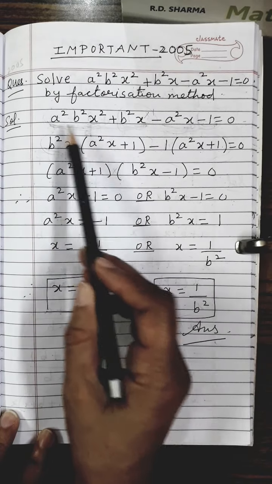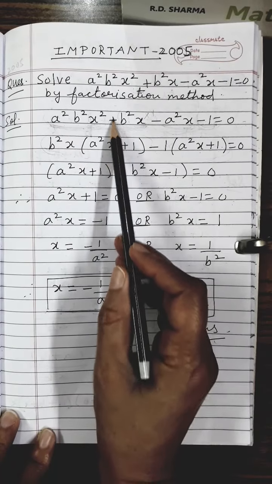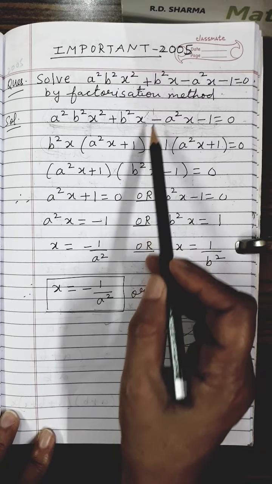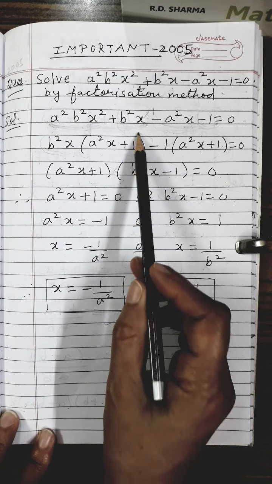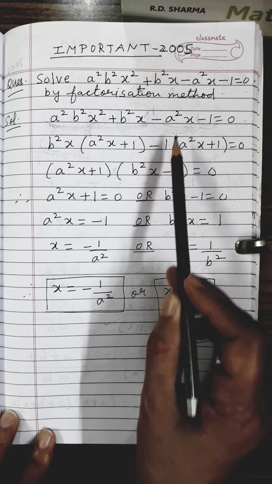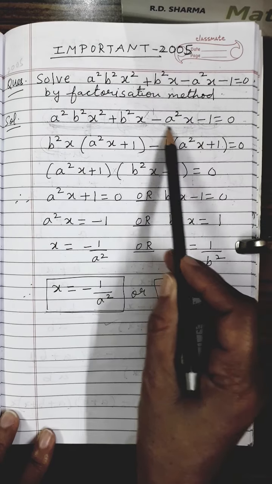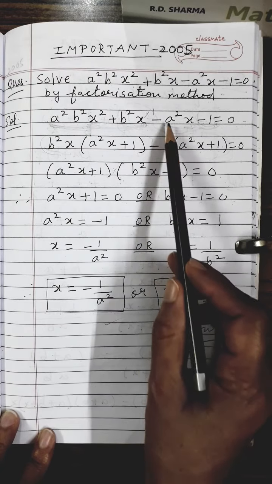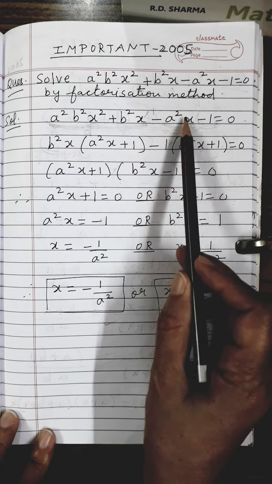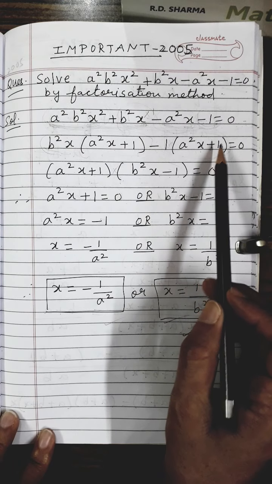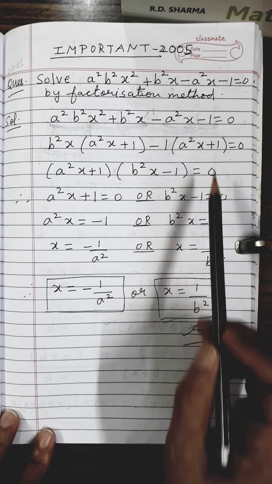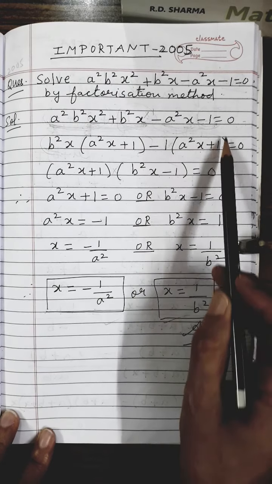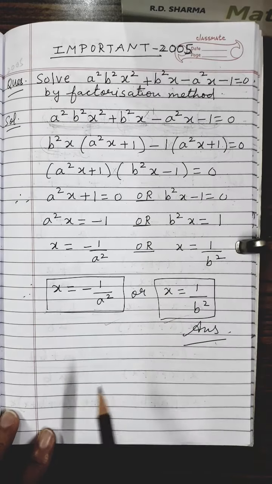What remains from the first term? A square x. What remains from the second term? B square x common is taken out, so into x I can write here. So 1 remains from the second term. Close the bracket. Minus, minus. From these two terms, I see nothing is common. So I can take out 1. 1 is always common in any two terms. So 1 common. What remains inside? A square x and plus 1. Why plus 1? Because plus into minus gives you minus, minus into plus gives you minus, right? So that is why plus 1. Close the bracket, equals to 0.